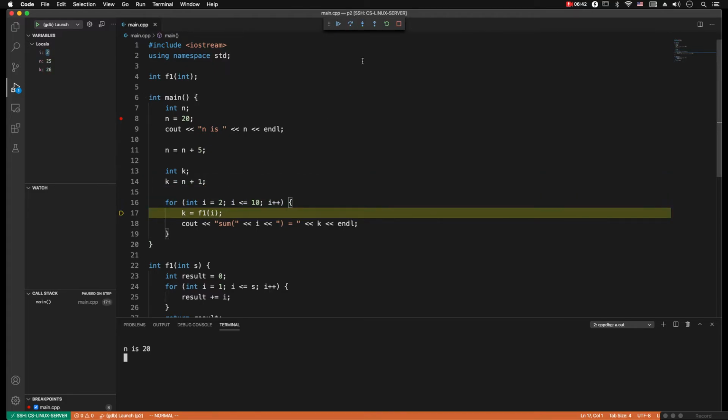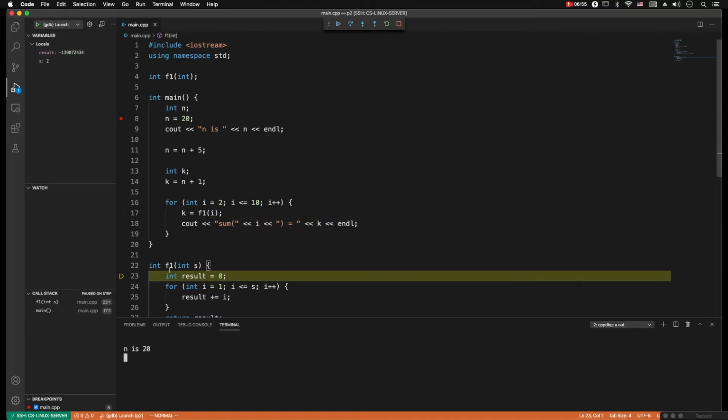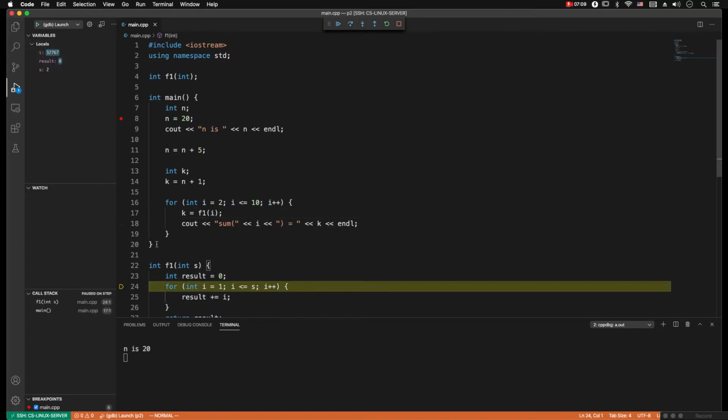call. Another one next to step over is step into. Step into is when the line includes a function call, you step into, jump into the function definition. So step into, now we are in function 1. At this moment the local variable is s, which is the parameter. S is 2 as we expected. The 2 is passed. Now result is uninitialized yet. Now initialized to 0, and then we